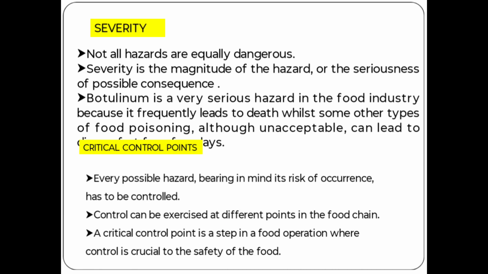Severity. Not all hazards are equally dangerous. Severity is the magnitude of the hazard or seriousness of possible consequences. Botulinum is a very serious hazard in the food industry because it frequently leads to death, while some other types of food poisoning, although unacceptable, can lead